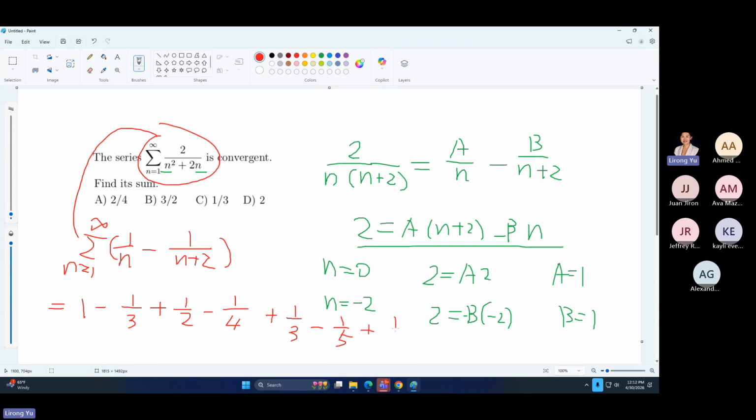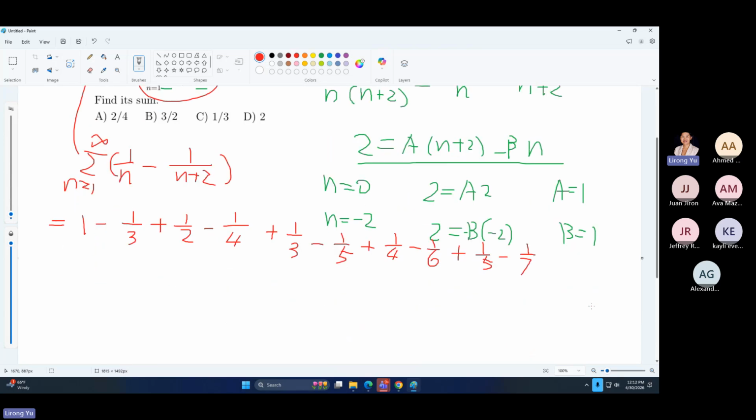When n equals 4, 1 over 4 minus 1 over 6. The more you write it, the more you can see the pattern. Many of the terms are going to cancel. Being able to write it as a subtraction is really useful because you can cancel the positive terms with negative terms. You see,